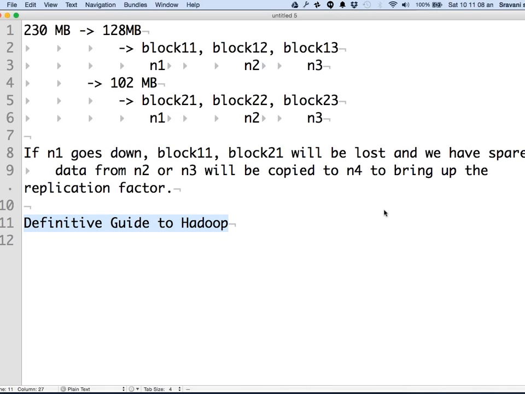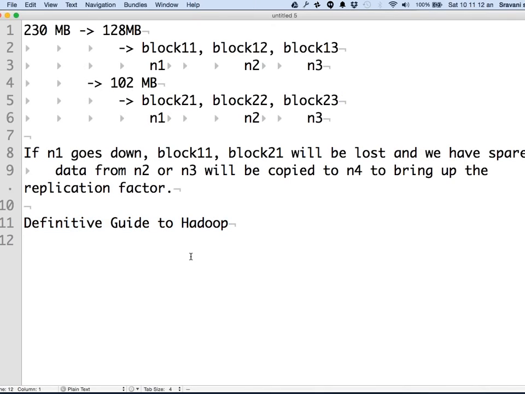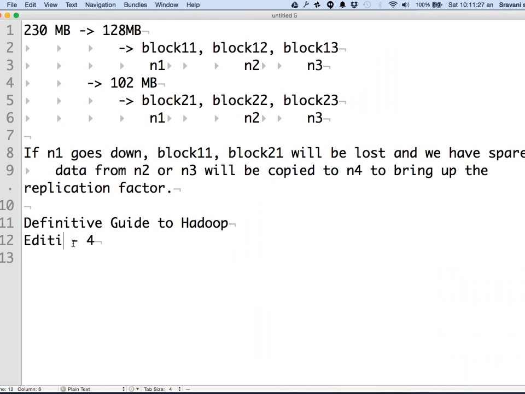The fourth edition has come now. Fourth edition, not revision.